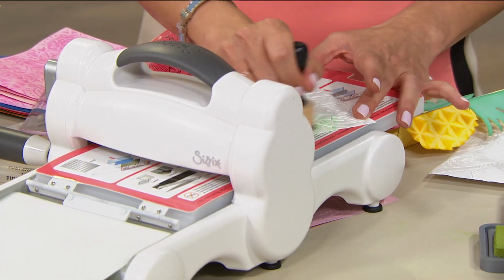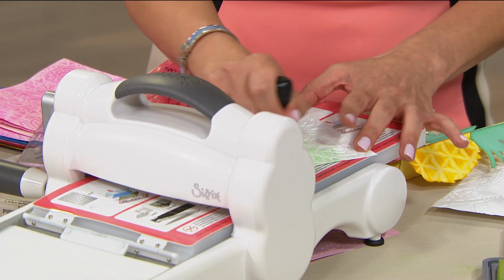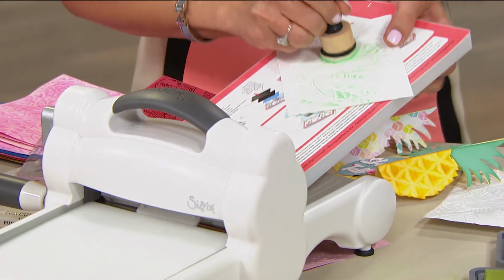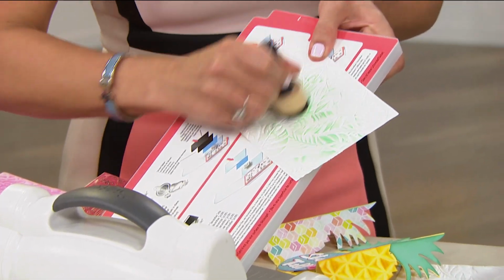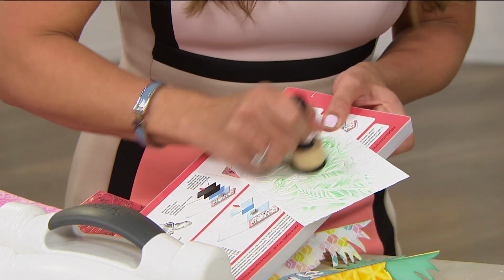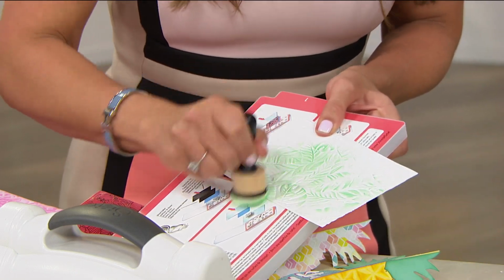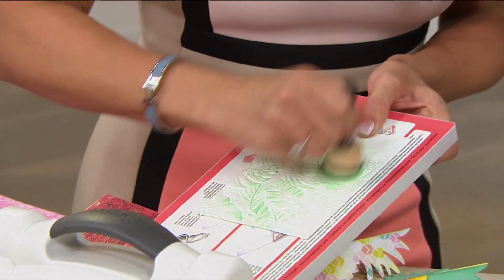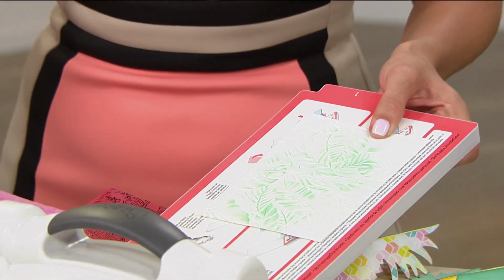I'm just going to take a light color and start to go over, and you can immediately see all that magic start to happen. I'm going to lift this up just so people can get a better view. You can see where all that layering and dimension starts to come into place. Wow, that looks beautiful. I'm just going to jump ahead to our finished example so